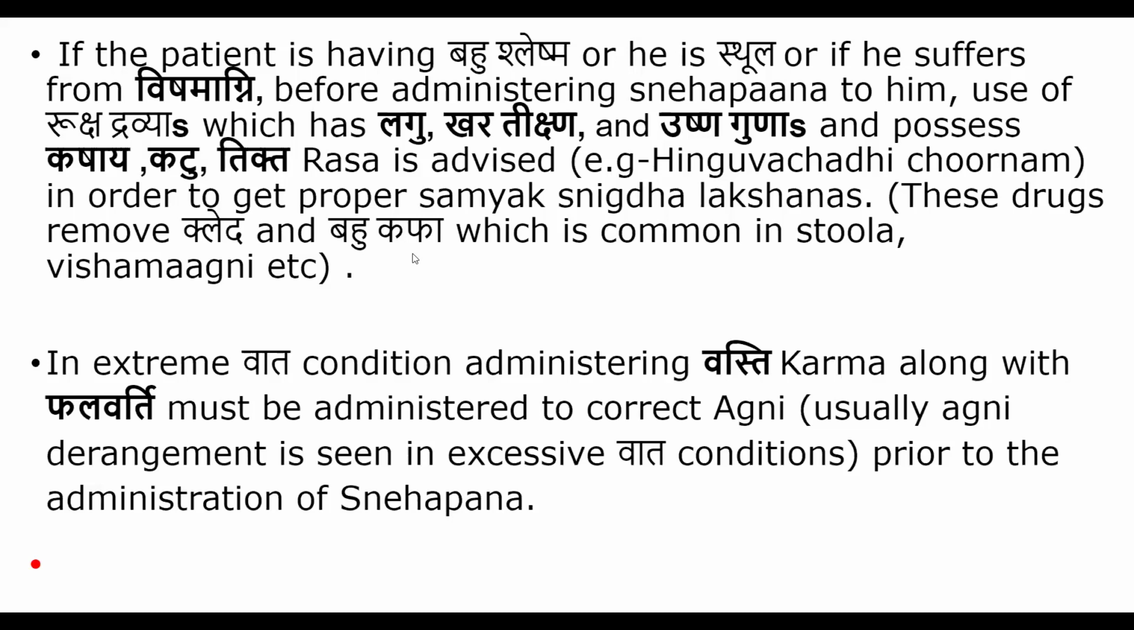So in those people, you must do Vishamagni in this criteria. Three people. So Ruksha Dravyas, do Rukshana. Which has Laghu, Ruksha, Tikshna, and Ushna Gunas and possesses Kashaya, Katu, Tikta Rasas is advised, like Ingochadi Churnam. In order to get Samyak Snigdha Lakshanas, do Udvartanam, all those external treatments also. Internally and externally, do Ruksha Chikitsa. Then followed by Snehapana. Then only you will get